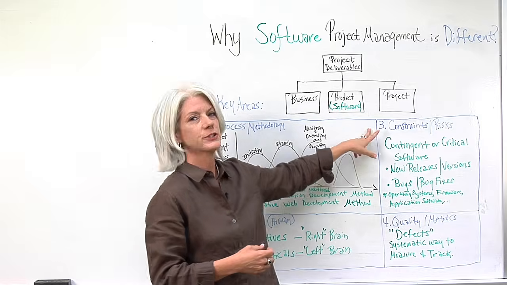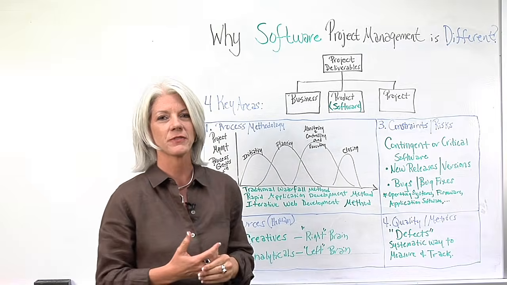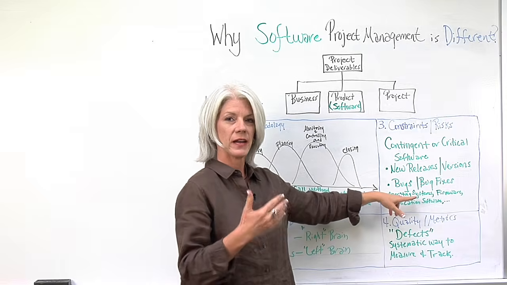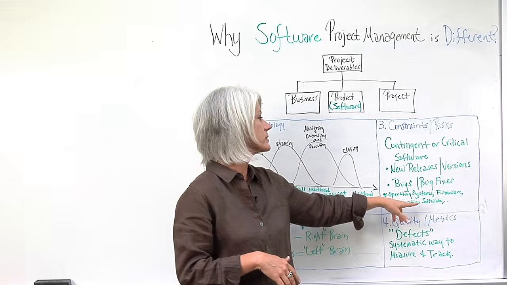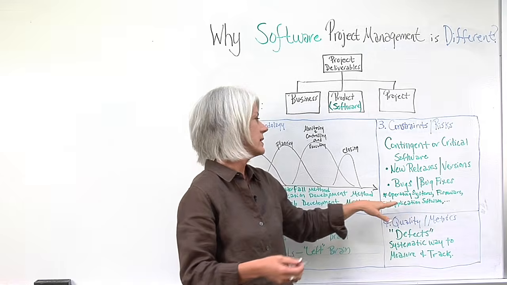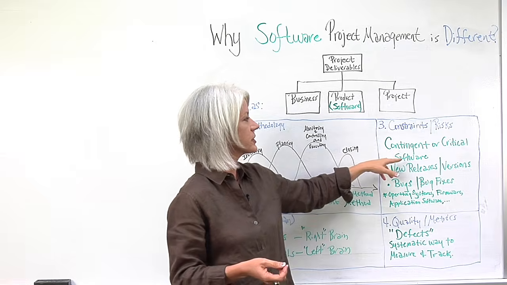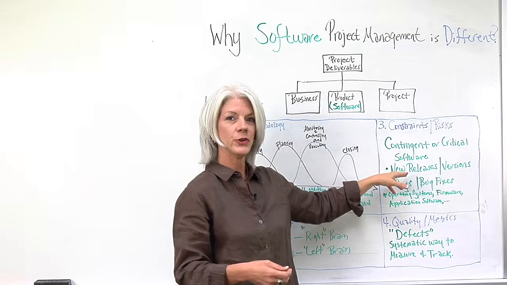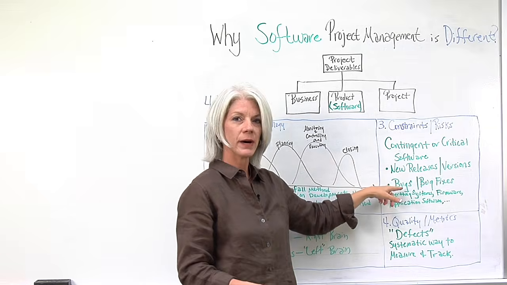Number 3 are the constraints and the risk. Usually in software development projects, there are different types of software that are occurring at the same time. There are operating systems that the applications are built on, there's firmware, there's application software itself, and these contingent or critical software components constantly have new releases, new versions of the software, or any kind of bugs or bug